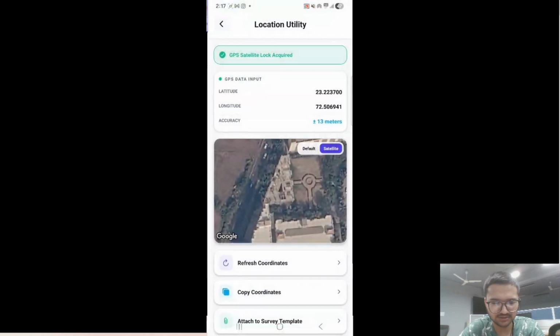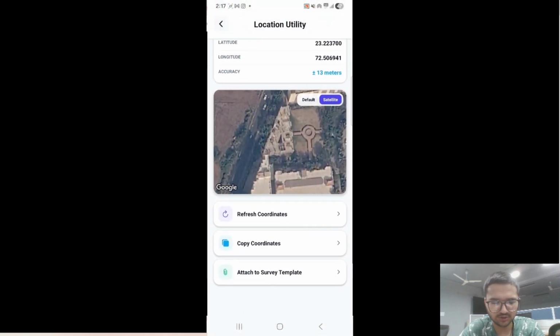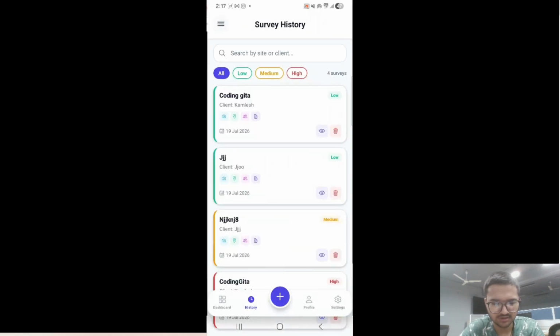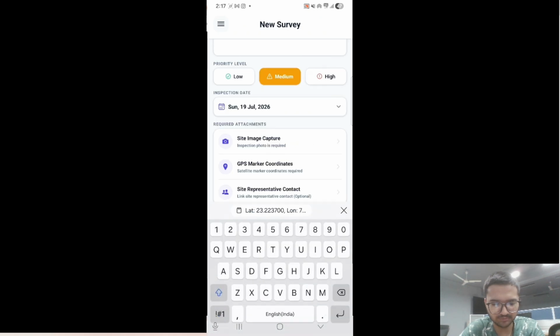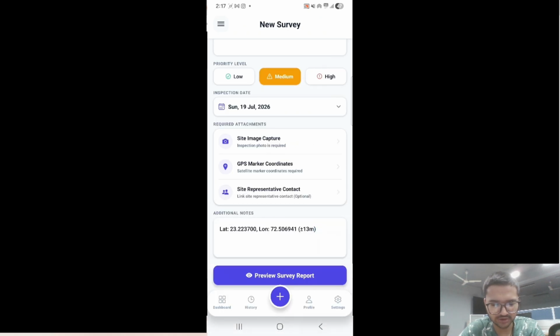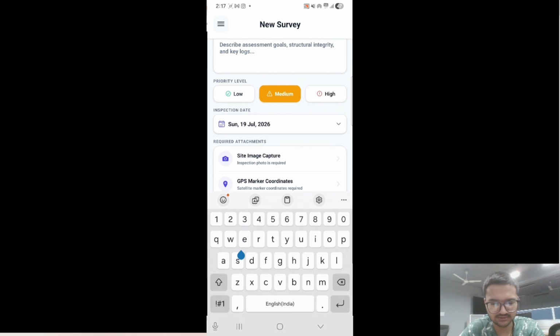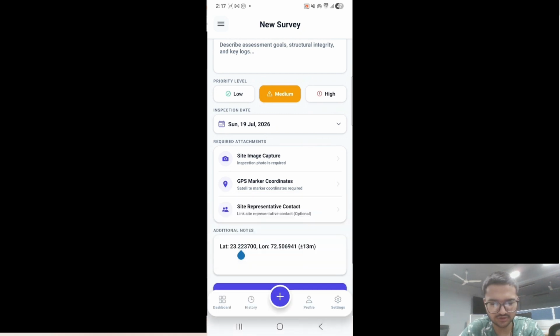Like this is our location page and we copy our location, this is copy, and then send it to any other person, like when we see the input part, and this is our location. So when we send our location to another person, we use this.